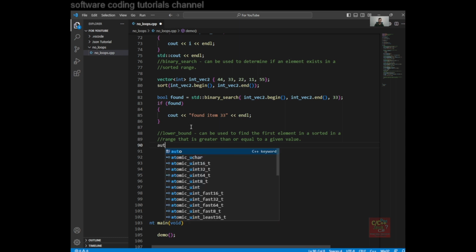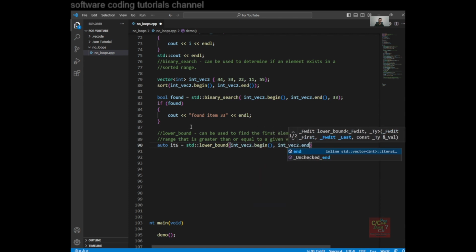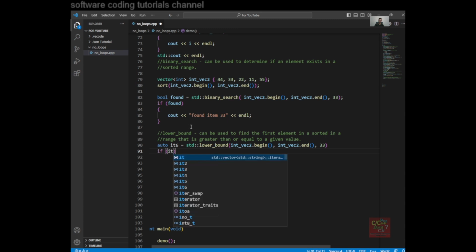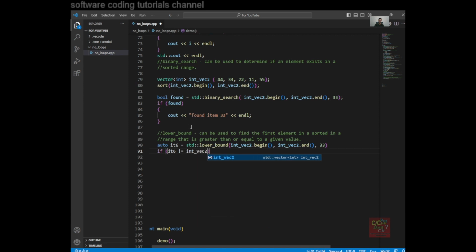I can do auto it6 equal to std::lower_bound(int_vect2.begin(), int_vect2.end(), and I'm going to look for 33, and if it6 is not equal to int_vect2.end(),